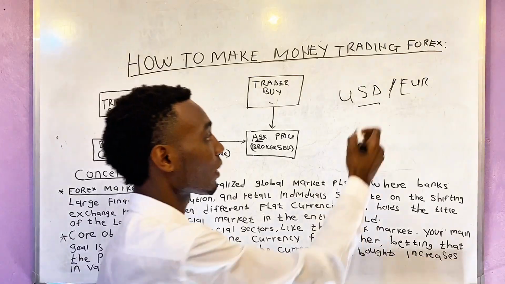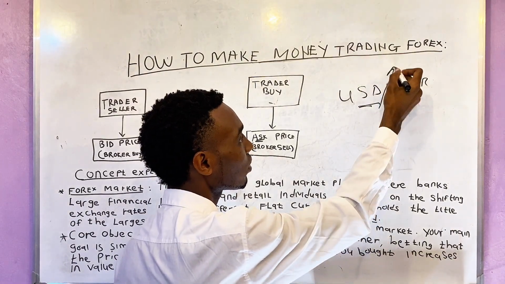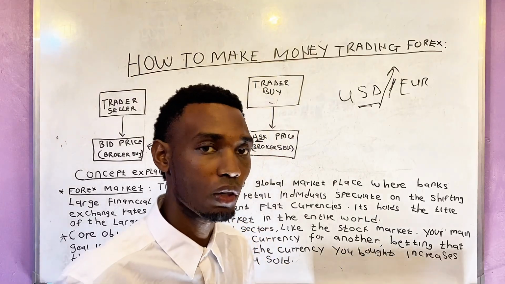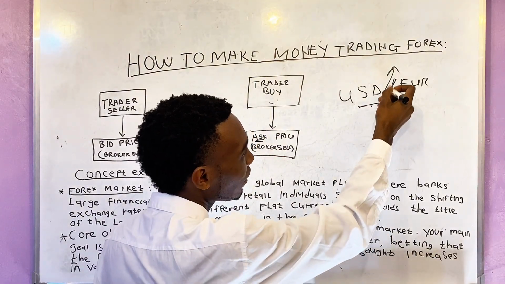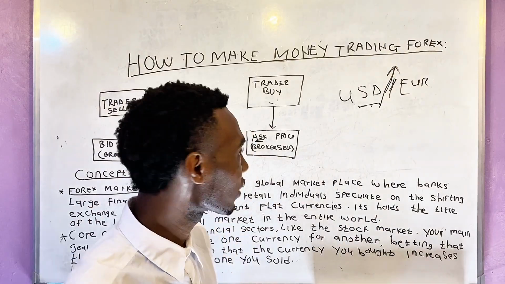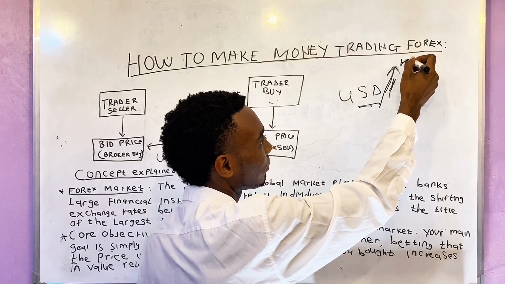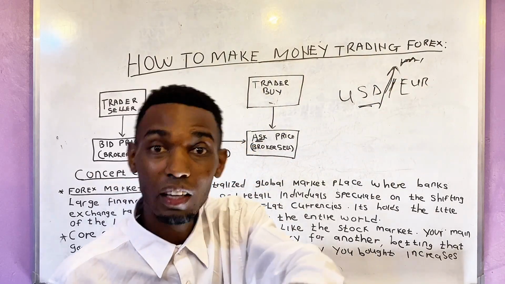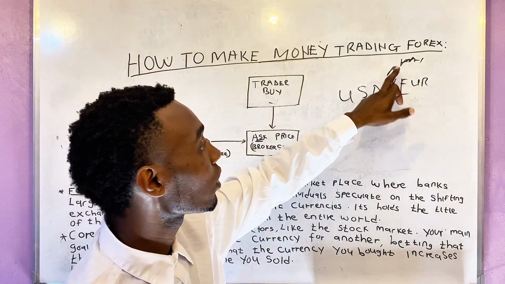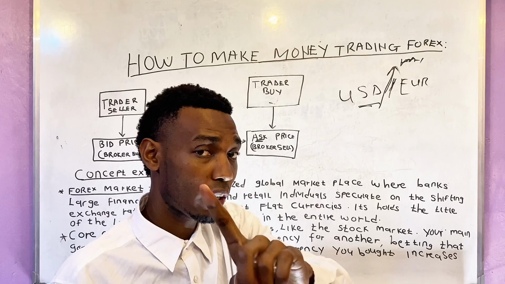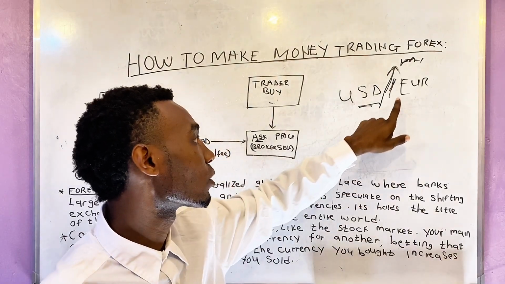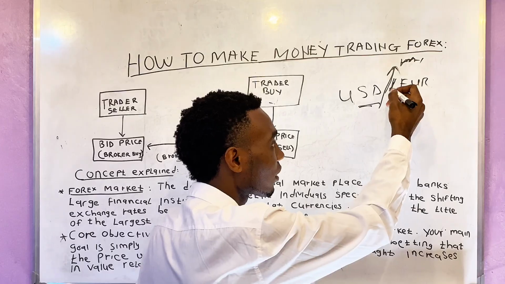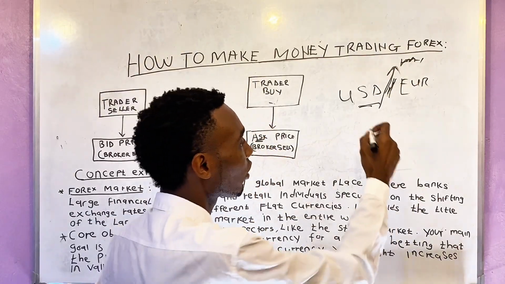Now you agree that, I'm buying this, the price of this one is going to rise. You make an agreement. The broker is there to bet with you. You make an agreement that if these things go up as you have bet, you are going to get a profit. If it is the other way, and according to your analysis of the events you read, the USD is going to fall down, or if you predicted that the USD is going to get high, as you have bet with this broker, and it happens to fall,